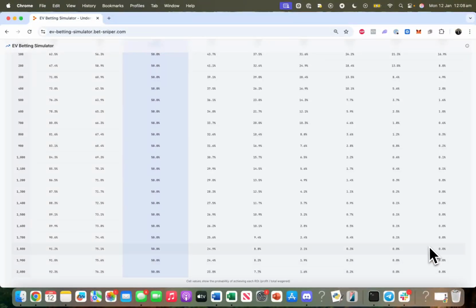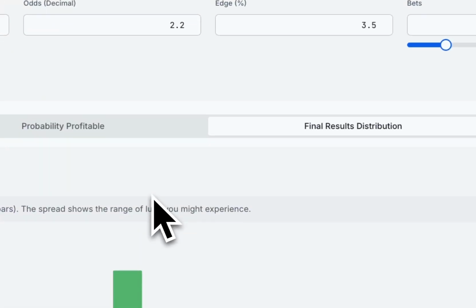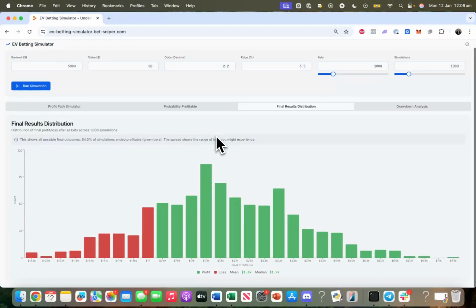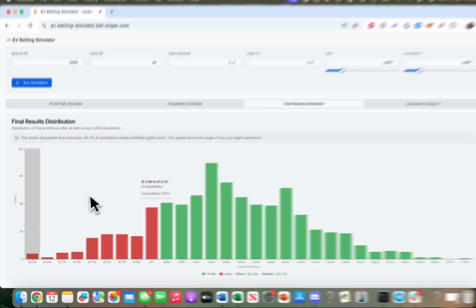And so any under or overperformance is usually just variance in the short run. The third analysis is the final results distribution. This is where you see the full spread of final outcomes after all bets. You can simulate your strategy and see how you're performing against expectation. It highlights the mean and the median, plus the number of simulations where you might not be profitable,